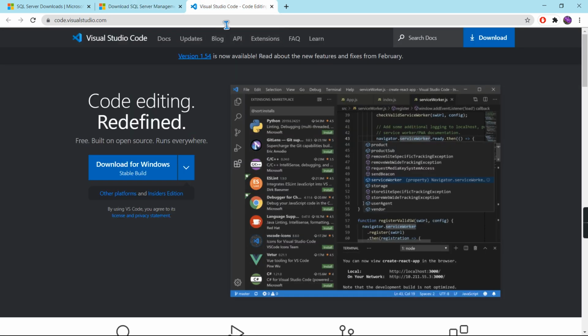The next tool we need to install is Visual Studio. It provides a built-in tool provided by Microsoft, which acts as an integral part of Visual Studio, and we can install the Integration Services extension in it and start using Integration Services SSIS. I will tell you how to install the extension in Visual Studio Code.